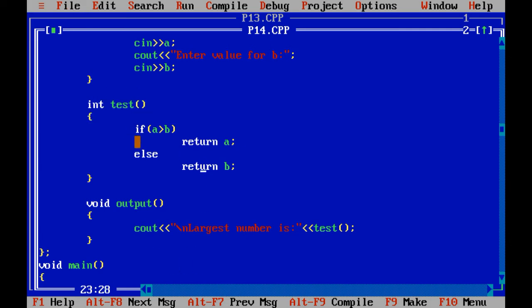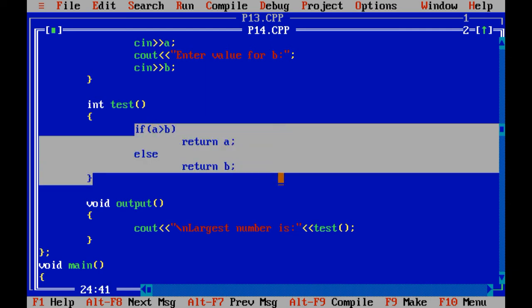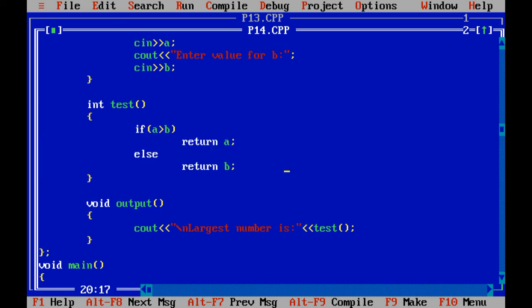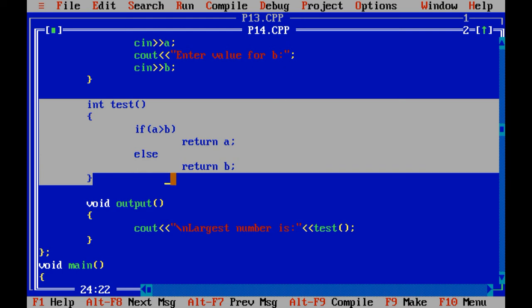Now what happens, I have applied the formula for finding the maximum out of two numbers. For that I have used if a greater than b. In such case you need to return the value of a. Similarly, otherwise you need to return the value of b. Now remember one thing, this is the UDF which we have already developed in our previous videos when we learned about UDF, right?